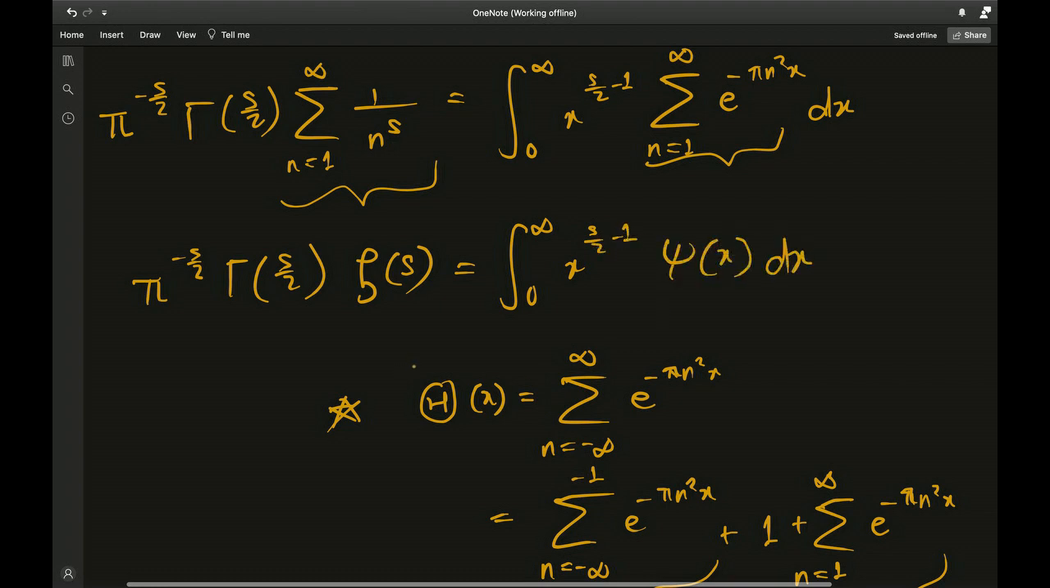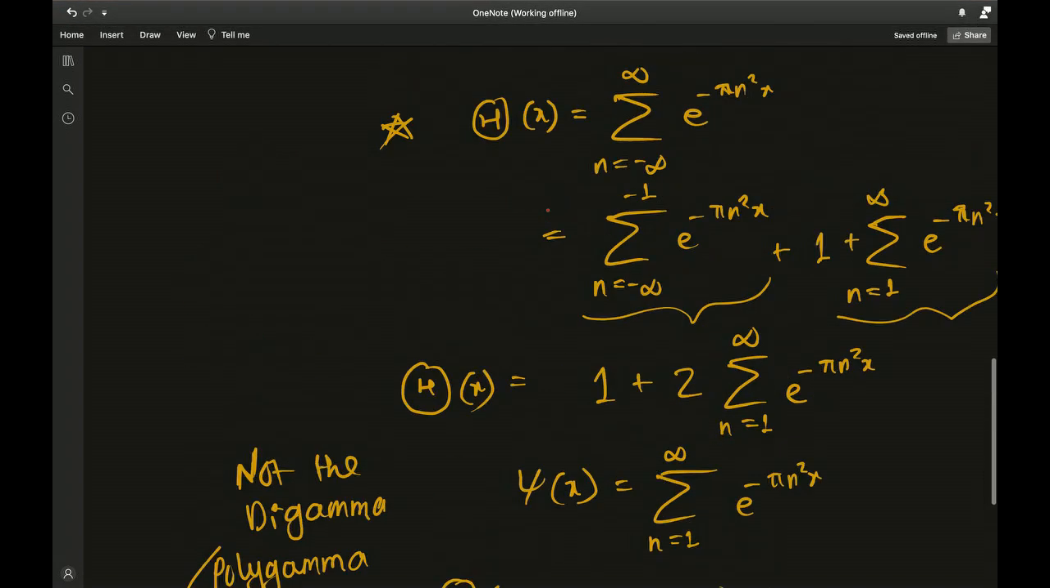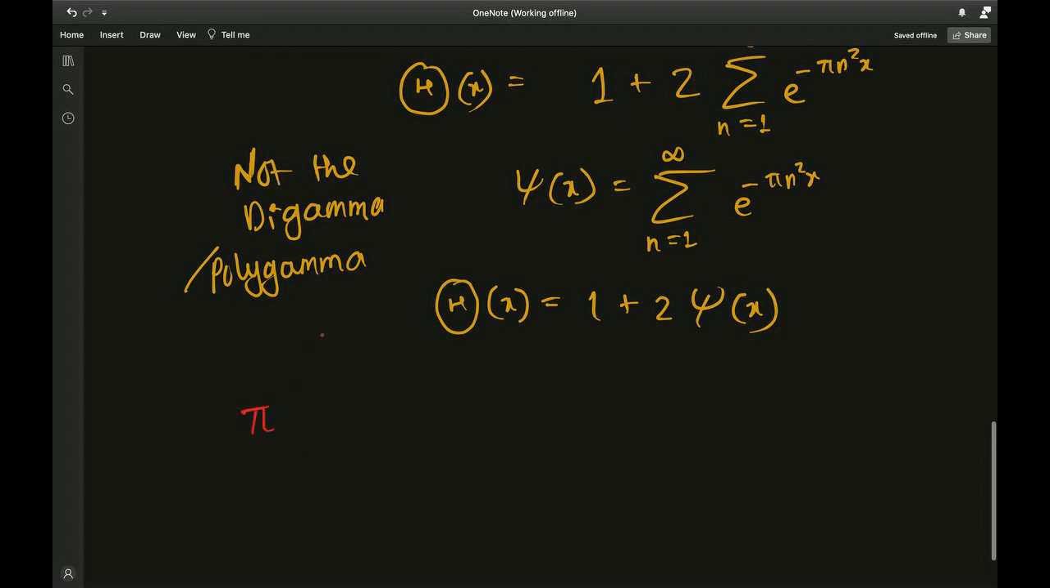Fair enough. Now what are we going to do? Good question. So now what I'm going to do is take this left hand side as it is: pi to the negative s over 2 gamma of s over 2